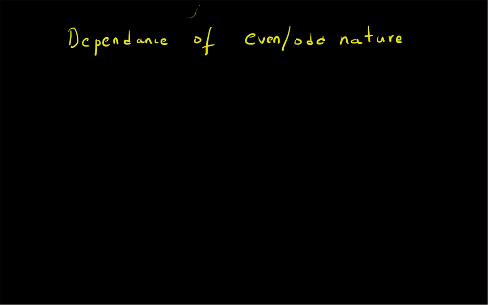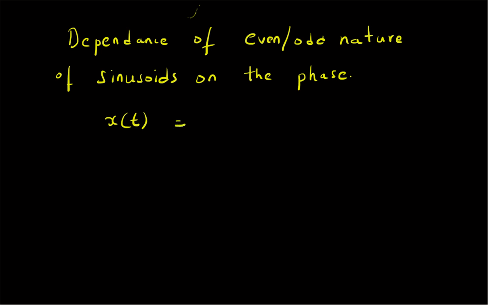Hello, welcome. In this short video, let us analyze the even and odd nature of a sinusoid on the phase of the signal. So we are going to look at the dependence of even or odd nature of sinusoids on the phase term. Given the signal x of t equal to a times cos of omega t plus phi,